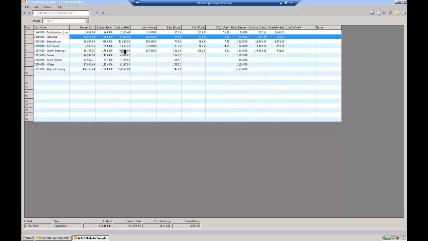You'll see what happens now is in this column, I estimated $80.50. It's actually costing me $82.51, so I'm over. I have that many left. That's what it's going to cost to finish them. And whoops, missed a click. That's how much I'm going to be over budget for that line item on that job and as of today